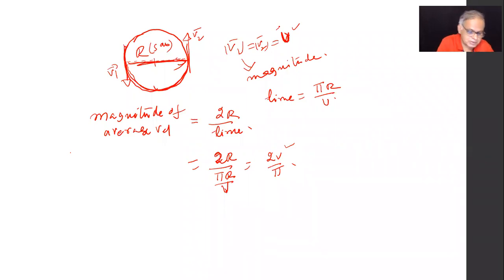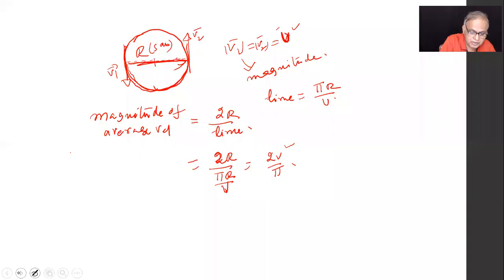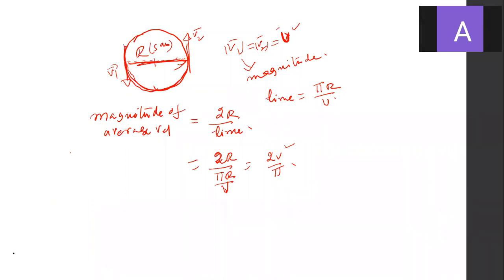So what was the next thing, dear children? It was 180 degrees, 60 degrees, 120 degrees; 90, of course, I did not give. You can do that also. Sir, I did for 90. Okay, I didn't know what angles were given and I did for 90. Since we said anyway 90, let's do this for 90 also. It started here, let me say, it went by 90.